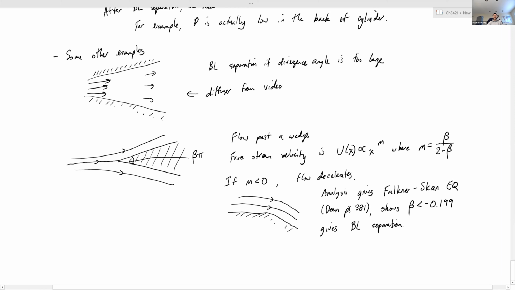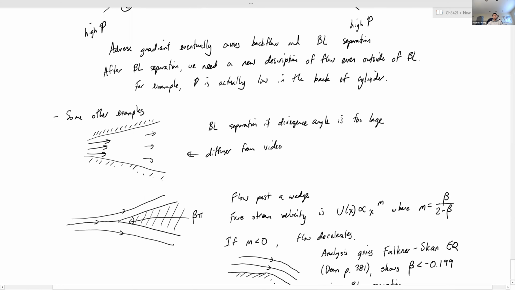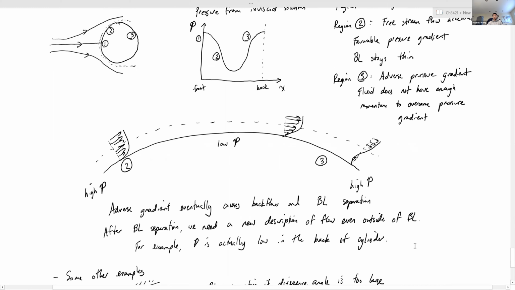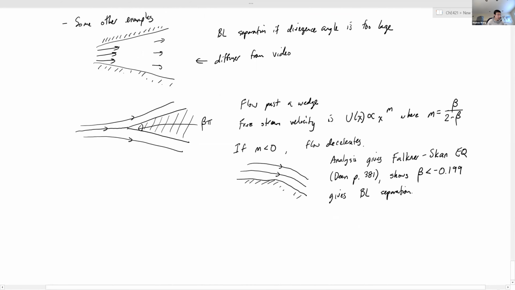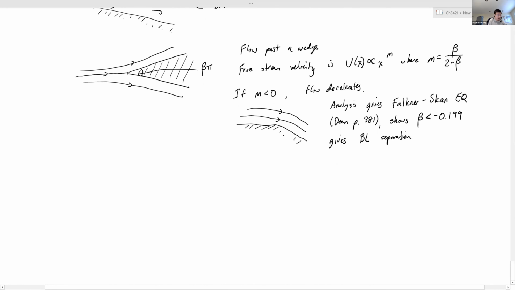And from a design perspective, boundary layer separation is bad because that makes it so that the pressure, for instance, behind the cylinder is no longer going to be high, and you're going to have really high drag, right? And so this is exactly why people that work in the aerodynamics industry design airfoils that look like this.